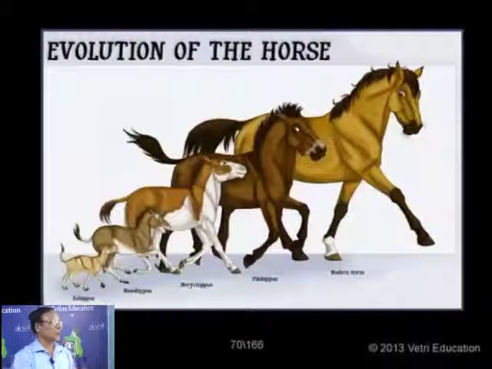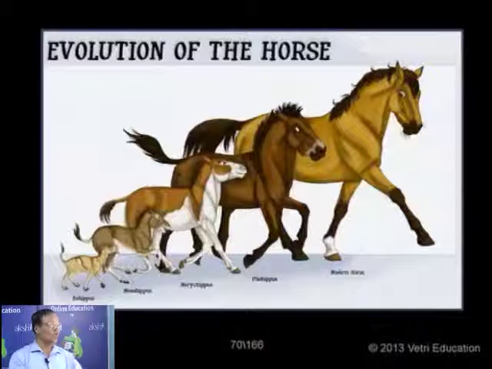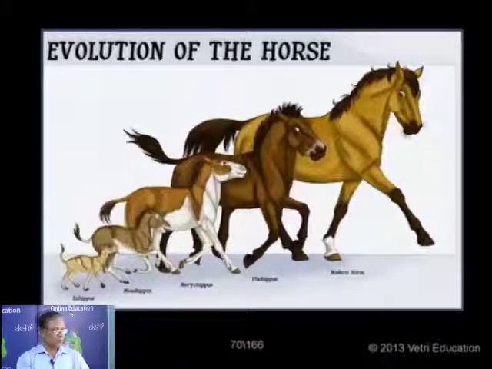So you can see what happened as per the Lamarckian concept. The Eohippus, the smallest one, also called Hyracotherium, lived millions of years ago. Then we have Mesohippus, Merychippus, and Pliohippus, and finally the modern Equus caballus came into being. So the gradual increase in size of the organism occurred. This is the first proposition or concept proposed by Lamarck.